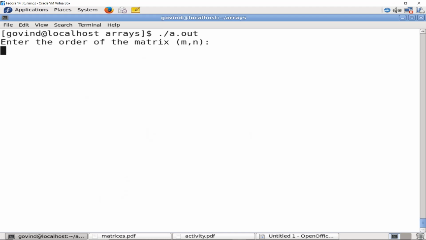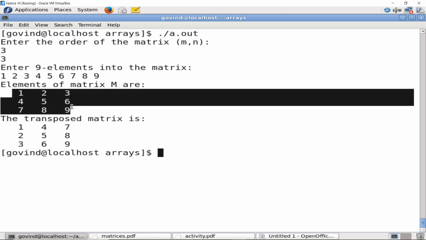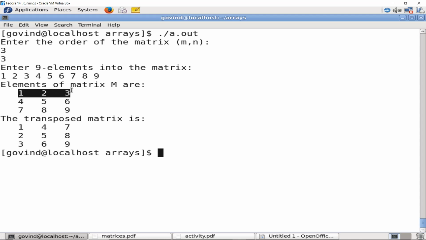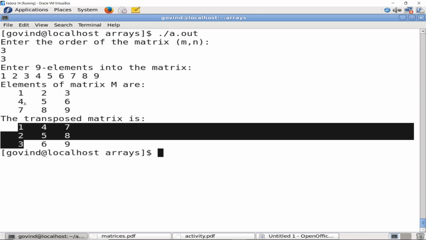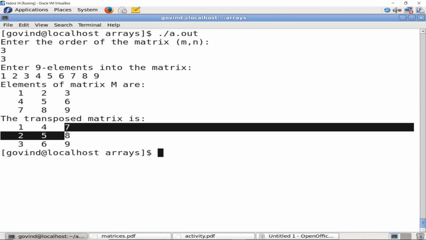Run it. I'll now enter 3 cross 3. So I should enter 9 elements: 1, 2, 3, 4, 5, 6, 7, 8, 9. And you can see the transpose matrix. This row has now become the column of the matrix. 4, 5, 6, the second row, becomes the second column, and 7, 8, 9, being the third row, has now become the